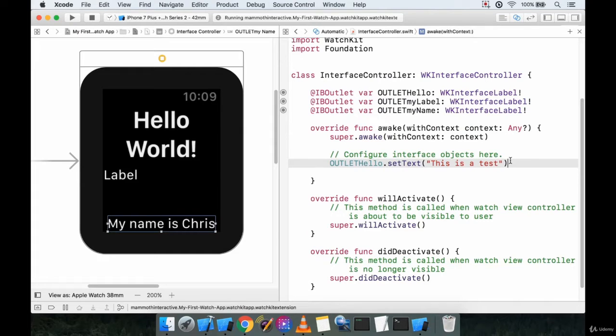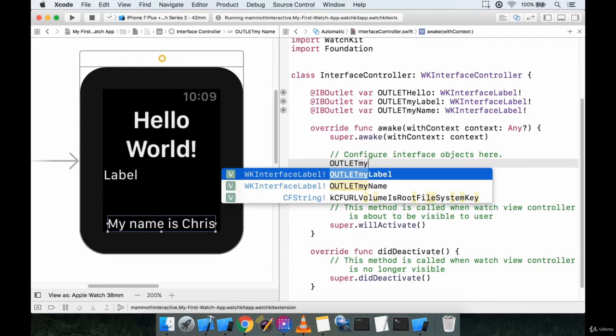Well, this is one way that we can do it. So we can just say .setText. And because this is a variable, we can reuse this wherever we need to. Let's get rid of this one, but I do want to change this label, the second one down. So let's say outlet myLabel